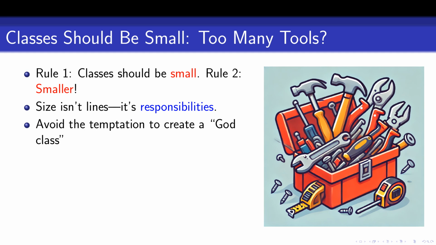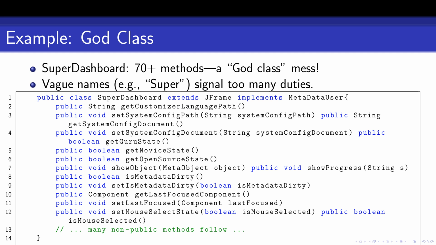Now let's talk about keeping classes small, really small. It's not just about lines of code, but about responsibilities. Avoid the temptation to create a God class that tries to do everything. A class like SuperDashboard with over 70 methods is a chaotic God class. Vague names like super are a red flag for too many duties. The rule is simple: make classes small, then make them smaller, focusing on just one core job to keep your